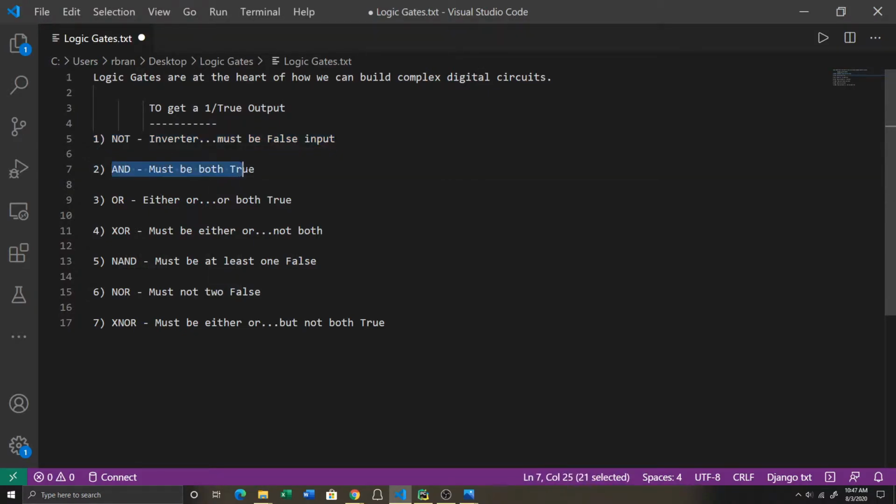The remaining logic gates all have 2 inputs, starting with the AND. With the AND, and these are just my notes, by the way, off to the side here, an easy way for me to remember what each logic gate does. So in order to get a 1 or true output, what must happen with this logic gate? In the case of AND,